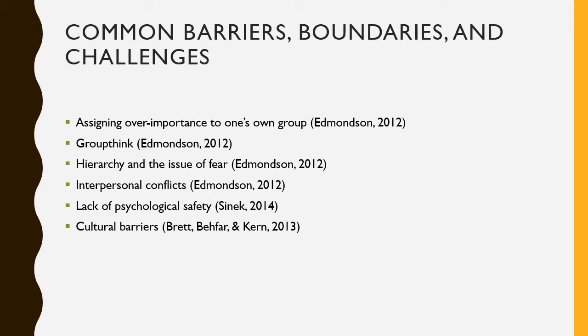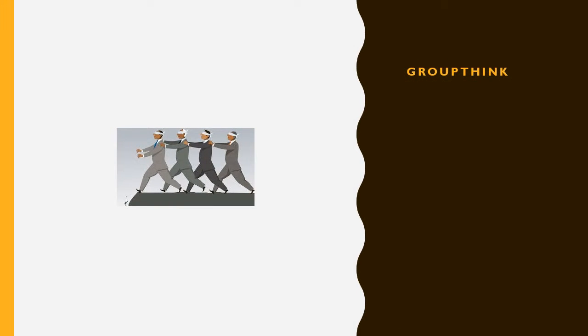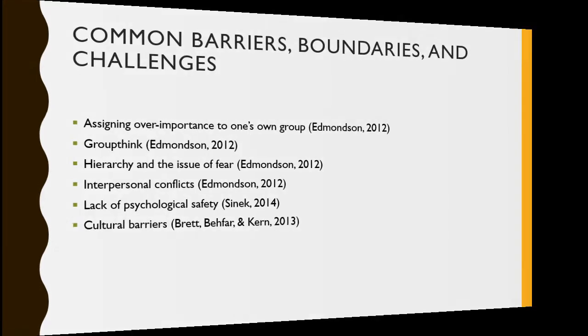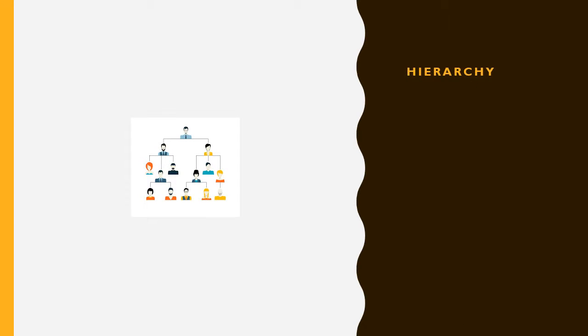Another challenge that face-to-face teams must overcome is the concept of groupthink. Groupthink references cohesion, harmony, and agreement in a group. While this sounds ideal, it's actually a dangerous place to be as a group because of the fact that it reduces the chances that a team member will disagree with someone or something, therefore limiting the opportunities for innovation and collaborative breakthroughs.